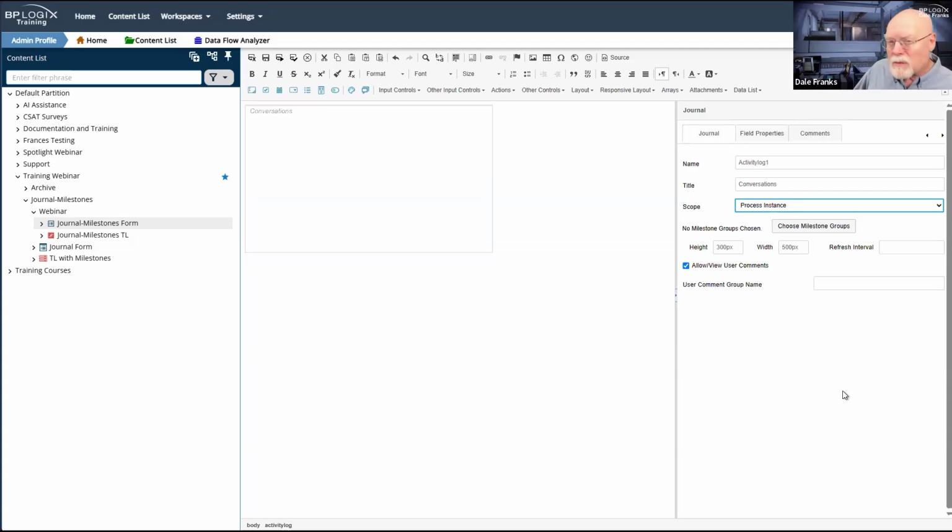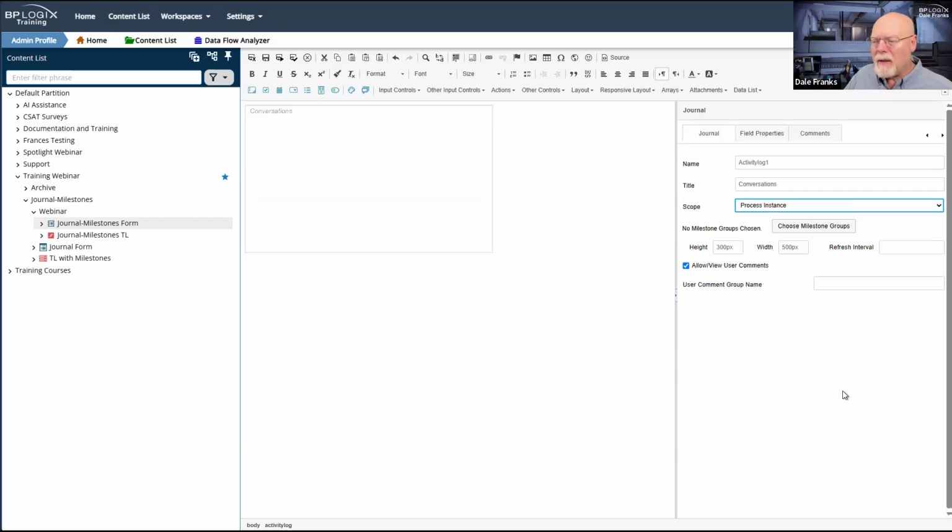I think this is probably the most common way that I would do this. I think that inside an application, I want to have the same milestone group for all of my milestones. I might have multiple groups, but I think in general, I would have the same. And that's what we're going to do today. I'm just going to use the same milestone groups for everything.